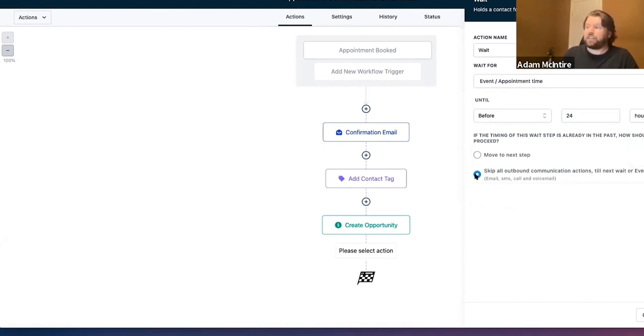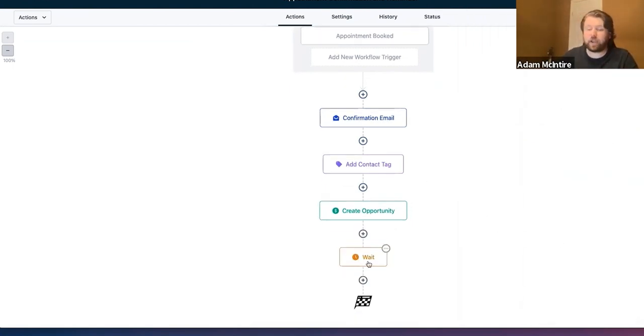That's what I want. And I do keep this checked because this just says skip all outbound communication actions till next wait or event start date application action. Gosh, I can't read. So that just basically means, let's say that they booked a time that's 12 hours from now. Well, then it's pointless to send them a text message that says, hey, see you tomorrow, if they booked for 12 hours from now. And so I just want to skip that text message at that point. That's what this is. So I'm going to click save action,